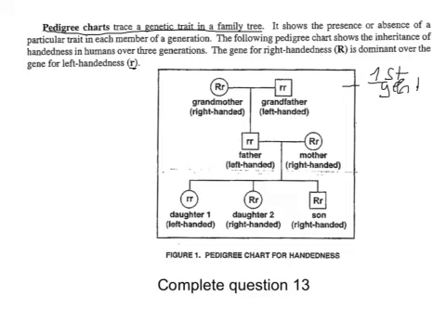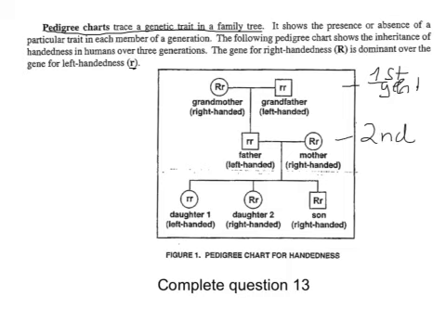We have a grandmother and a grandfather. The grandmother is right-handed. She has a capital R and a lowercase r. That means that she carries the recessive trait. And we have a grandfather who is left-handed, and all he has is the left-handed trait. The second generation